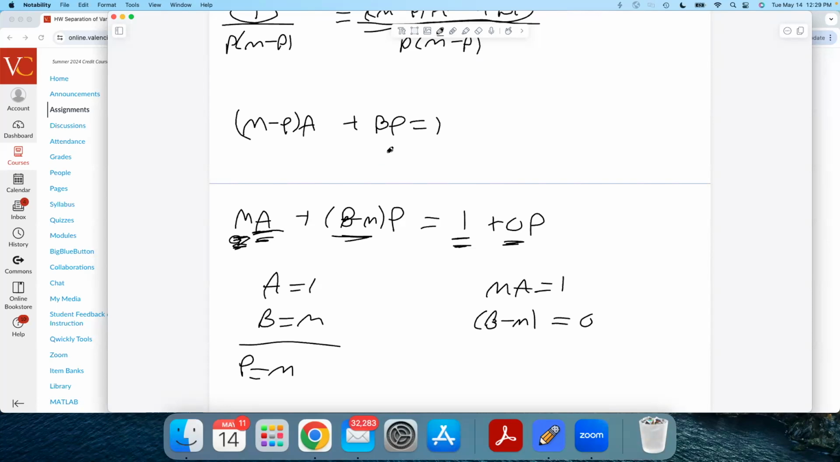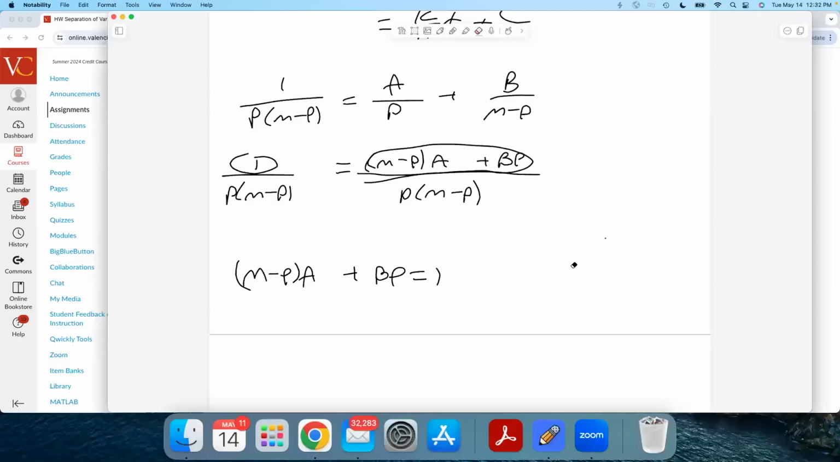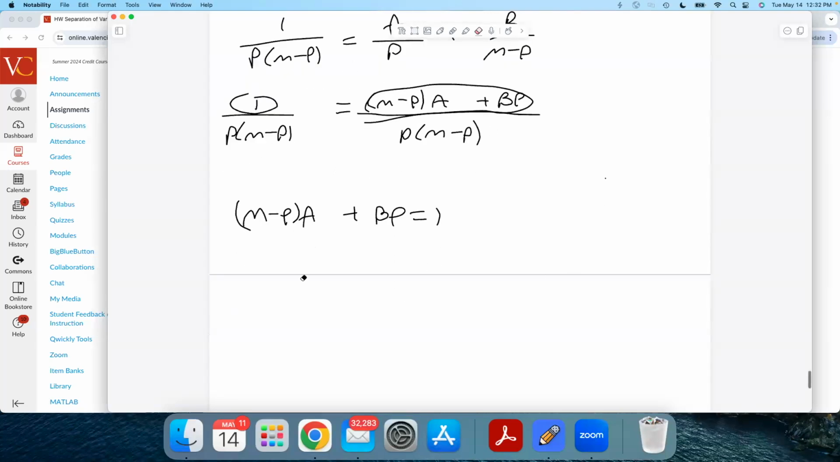And here I'm getting B equals 1 over M. Oh, let me pause for a second. I just confused myself. Okay, coming back a little bit. Something went wrong when I wrote down my system. So if I multiply all this out, I get